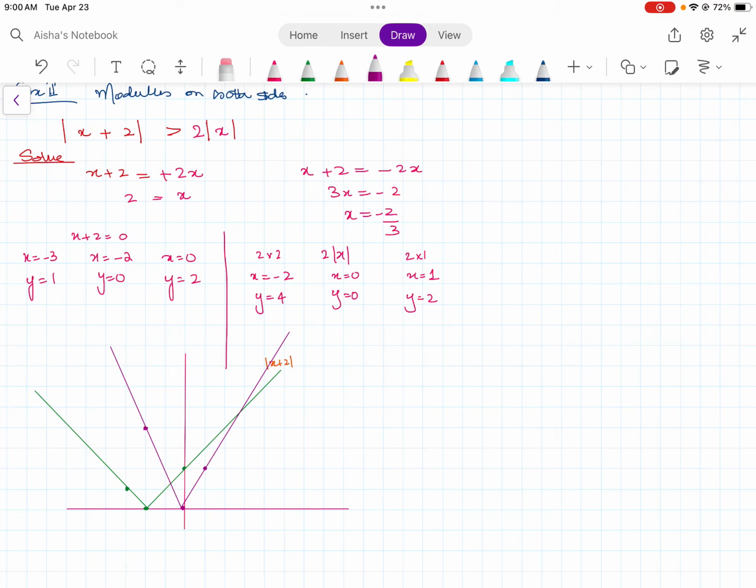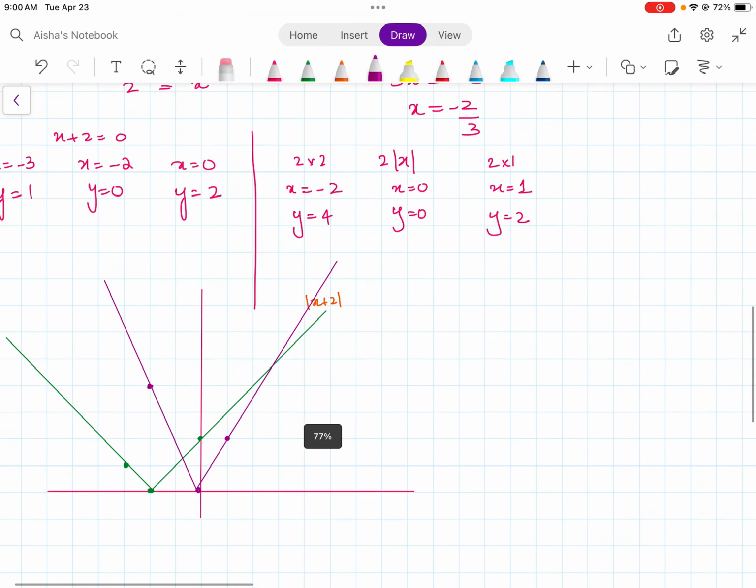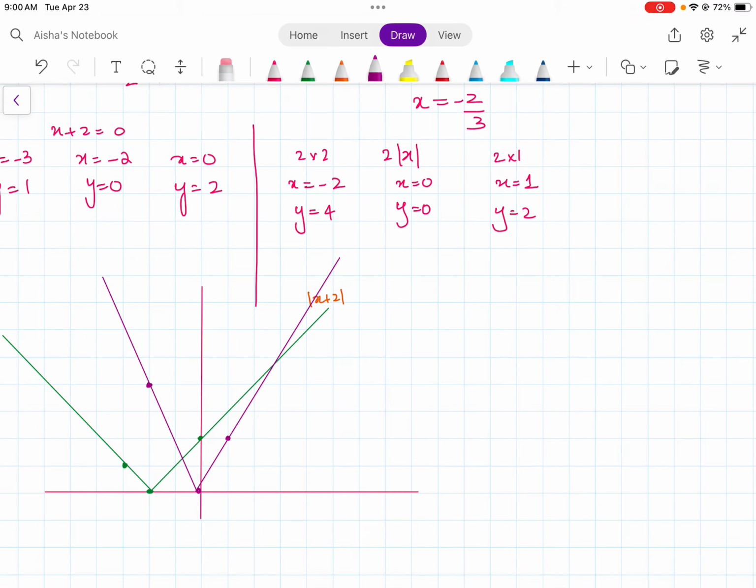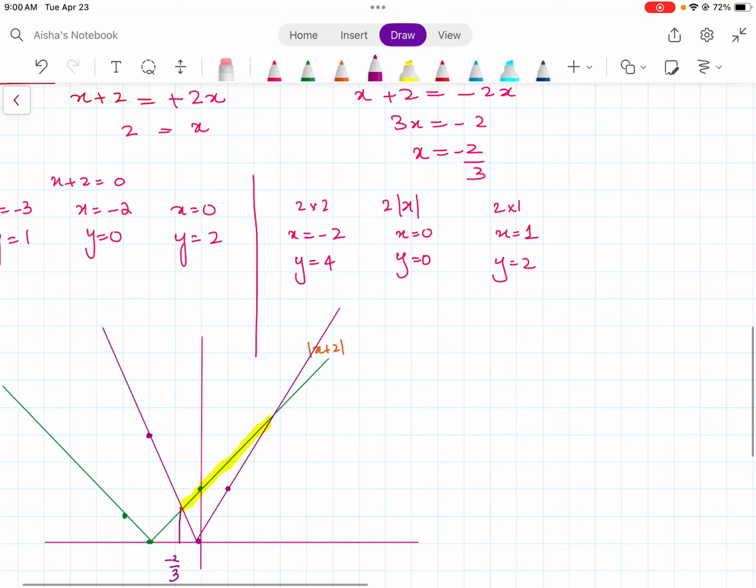It says this graph should be above the graph of this particular one. So basically the green graph should be above the purple graph, which occurs in this region. What are these values? This is minus 2 upon 3 and this is 2. So my final answer is going to be